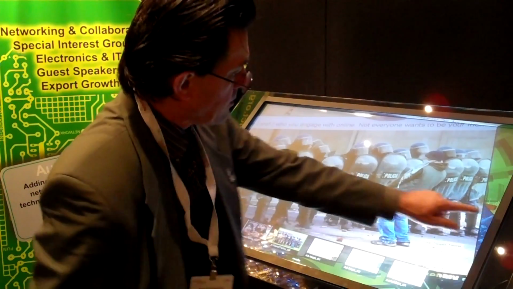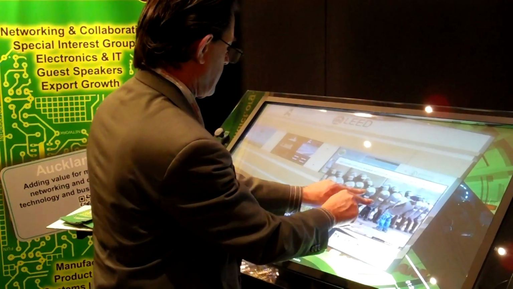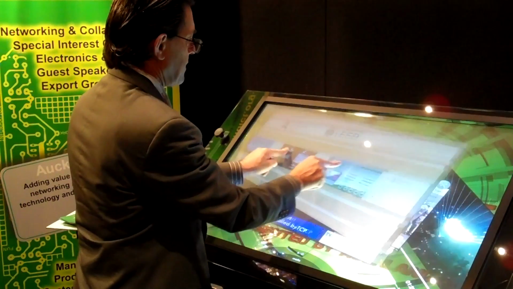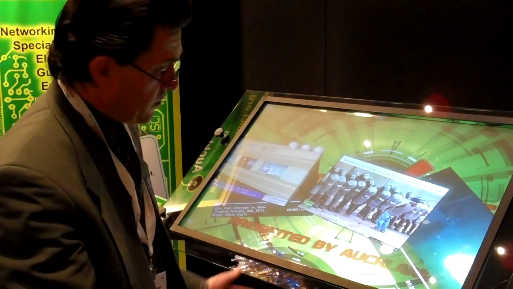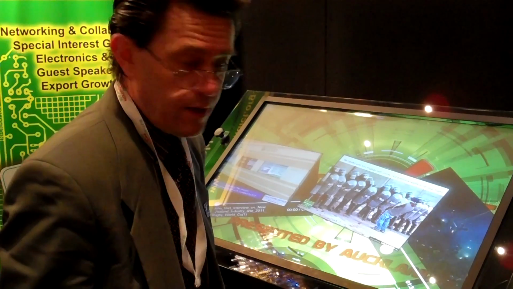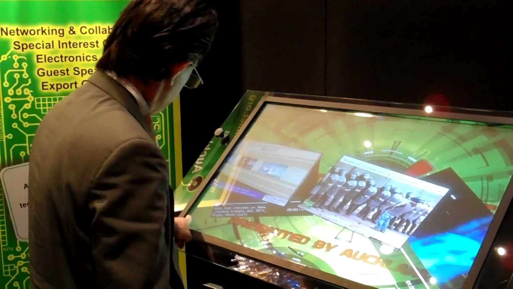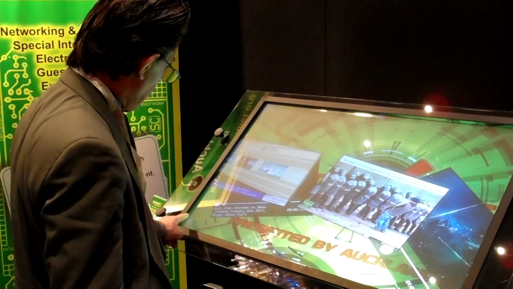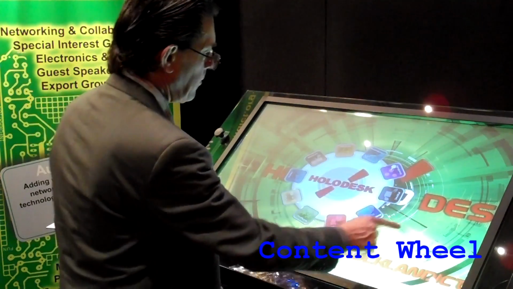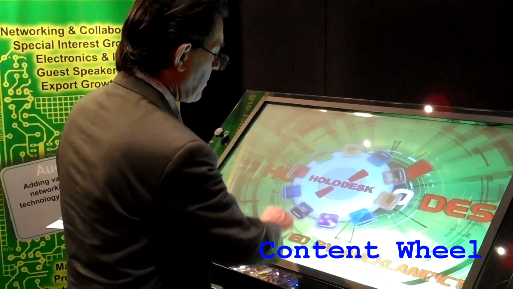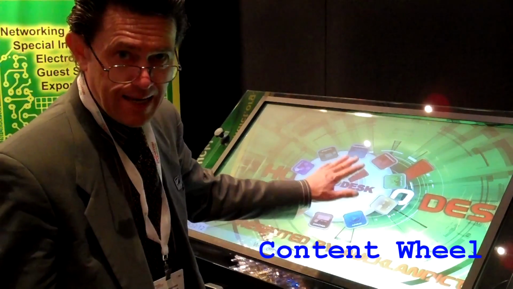So we've got multiple modes. You can just see a little bit of the videos playing underneath there. And so that's just some of the content you can access through the media wall, where you can have a range of content. And of course there are some other aspects of presenting the product. And so we have this video wall, or media wall, I should describe it as, where we can actually access a number of different